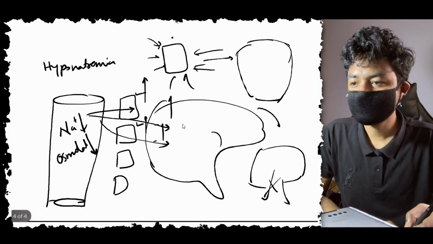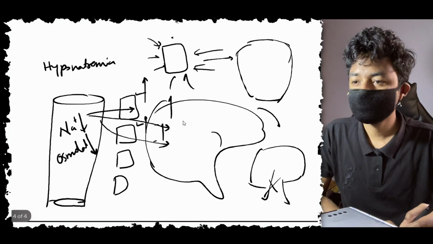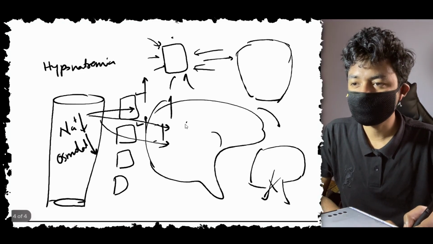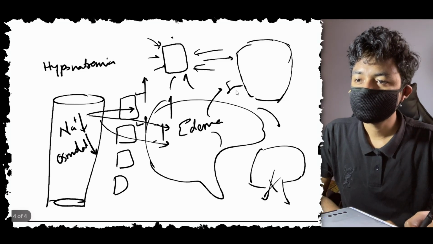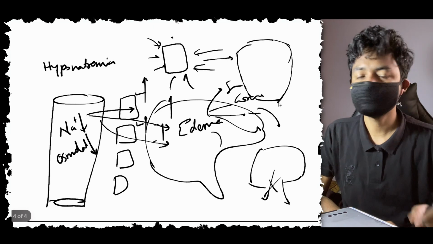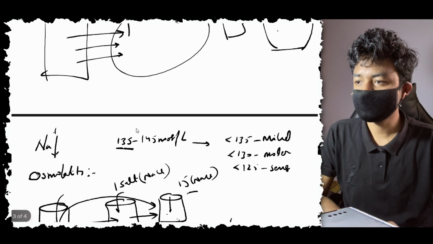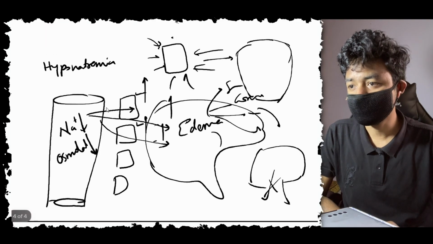So essentially what is happening? If there is hyponatremia, in all these cases fluid will be entering into the cells, and this can cause something called brain edema, which can cause seizures, coma, headache, dizziness. What are all the brain symptoms? Okay, so this is the basic understanding of what is osmolality, what is hyponatremia, and how this works.